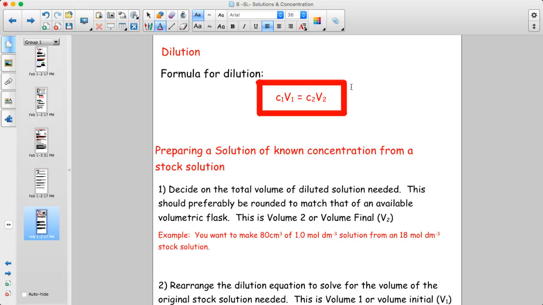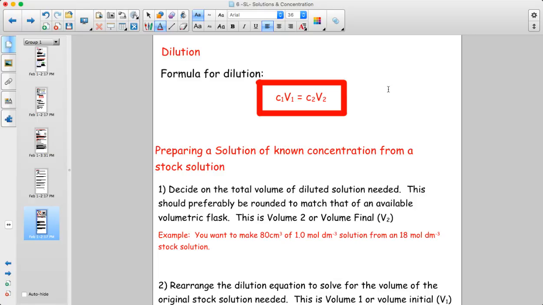The last concept to go over is dilution. Dilution is when you add more solvent, usually water, to lower something's concentration. It's a really useful technique to quickly create a lot of different solutions of different concentrations. So like when you do your own internal assessment, or if we do a lab in class and we want